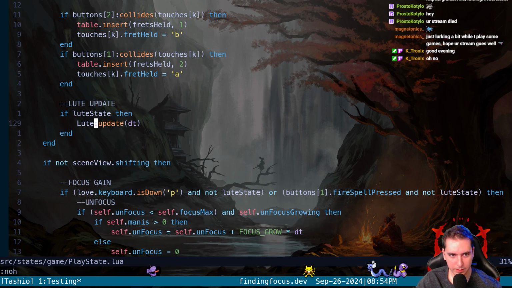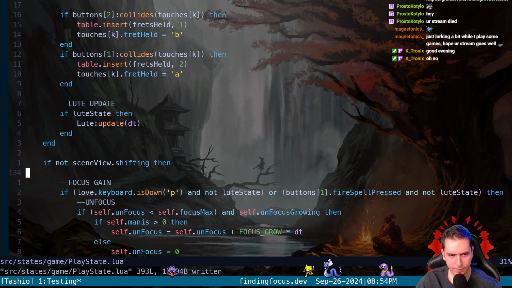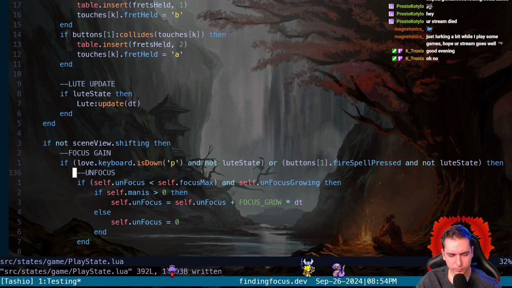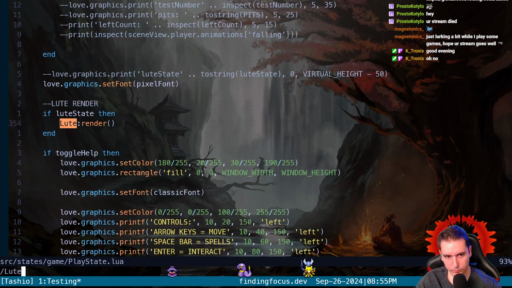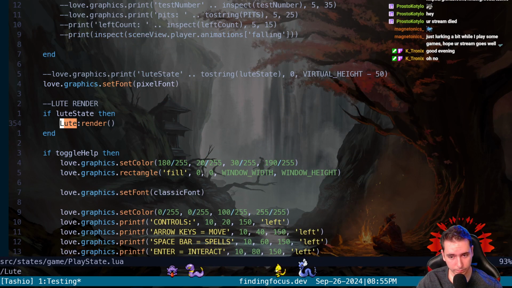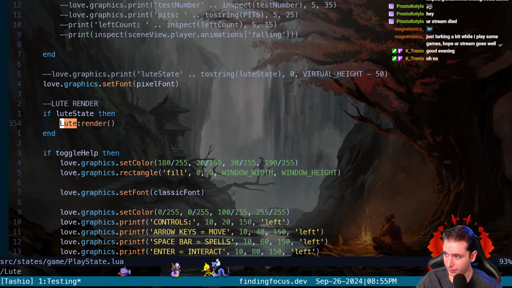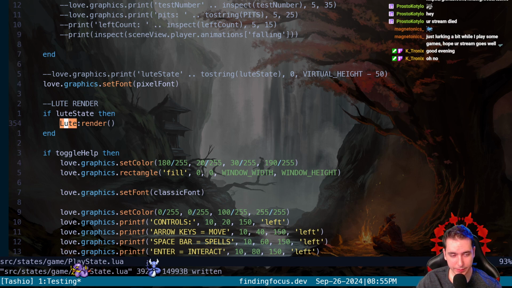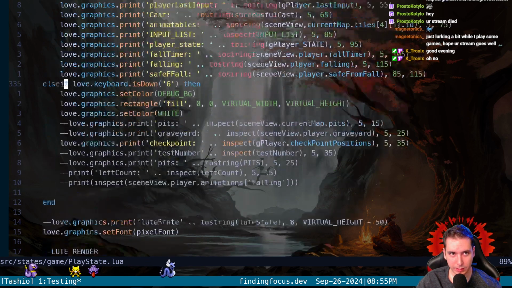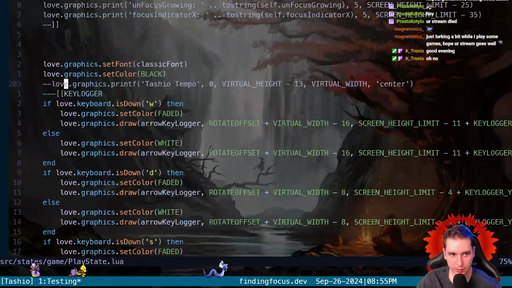I don't see anything wrong. I don't know. I thought it was straightforward. All we did was take out the Lute state logic, plop it into a class, and only update it if we were in a Lute state.